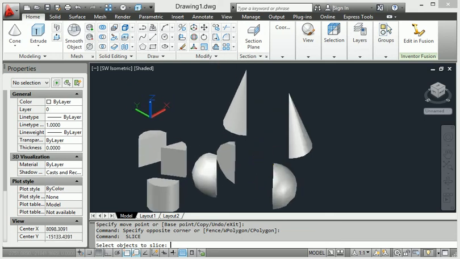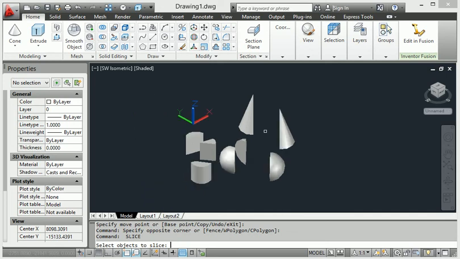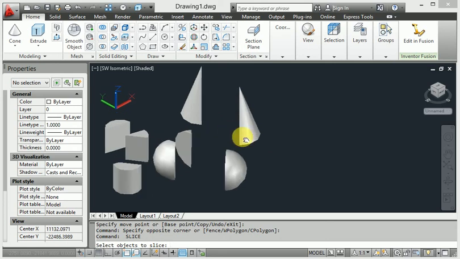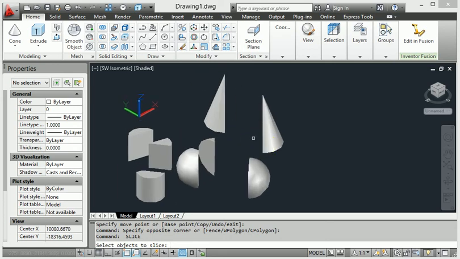This is very important in AutoCAD 3D modeling, and a useful command when you need to cut the body in a particular area that is not required in our project. Then I will use the slice command.